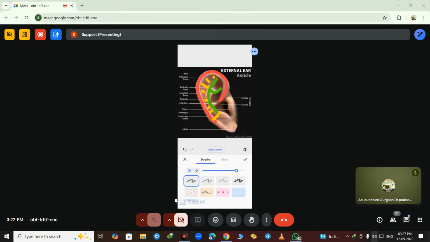So what is lobe? What is lobe? Lobe is the soft area where earrings are worn. ऐसा सॉफ्ट एरिया जहां पे इयरिंग पहने जाते हैं।